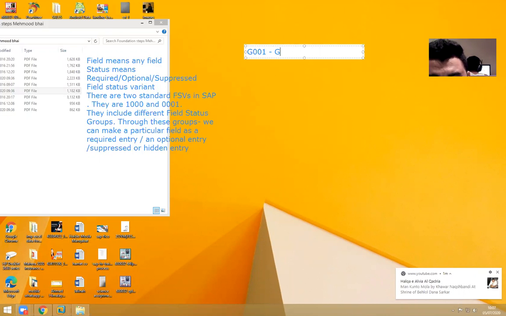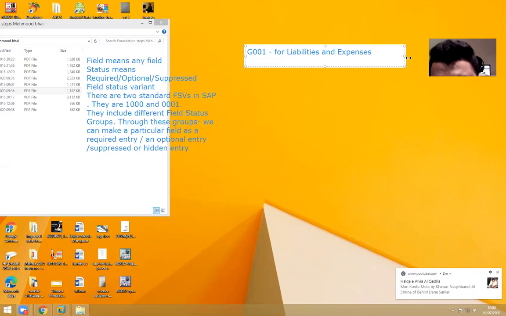So see, G001, you can apply it to, I'll just mention here, liabilities and expenses. Whatever your accounts are, if they come under liabilities and expenses, you can assign G001 to those accounts.